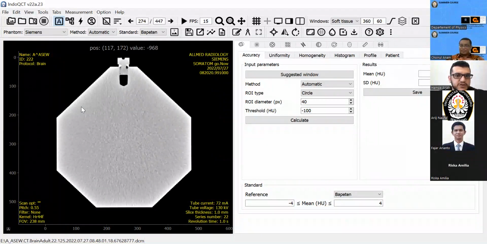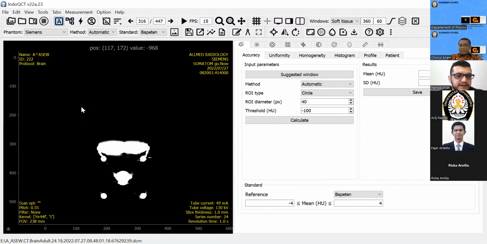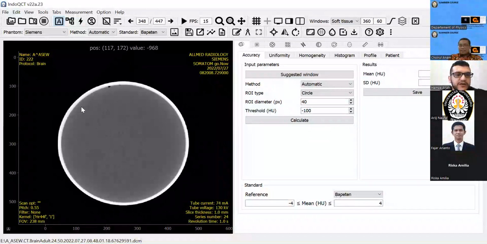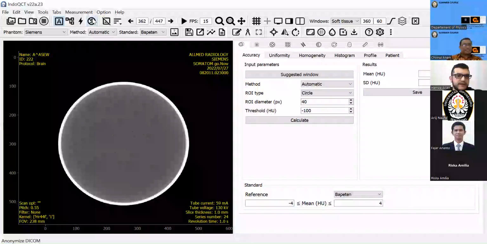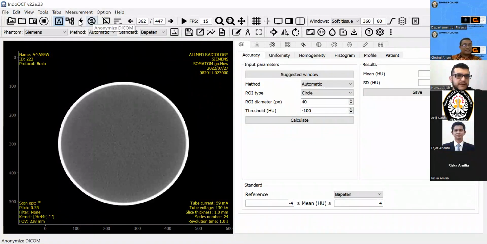So when I want to perform the study, how will I know the reconstruction algorithm? To know the reconstruction algorithm, you can also click the adjacent button. The button number 6. Number 6.